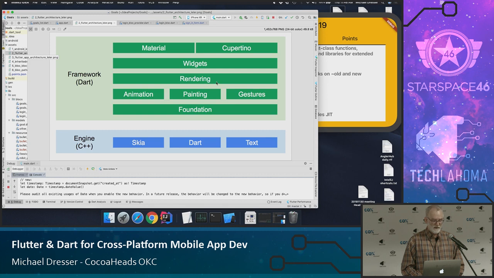It has a rendering tree that it builds from the widget tree. The rendering then actually handles the animation, painting, and gestures, and then there's the foundation, which largely is Dart UI, which talks to this lower level Skia engine for drawing on the screen, Dart, of course, and also it uses the Chrome engine for drawing text, I believe.